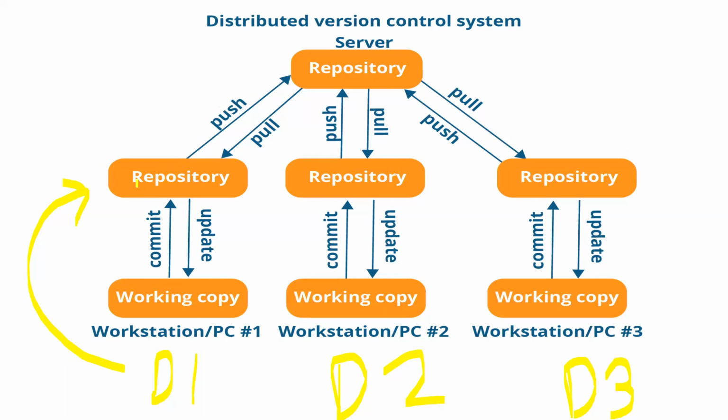After committing the code in his own local repository, it is not accessible by D2 or D3. So if D2 or D3 wants to access his code, then D1 will make a push request to the main server, which is our central repository. So D1 then pushes this code to the central repository, and D2 and D3 can make a pull request